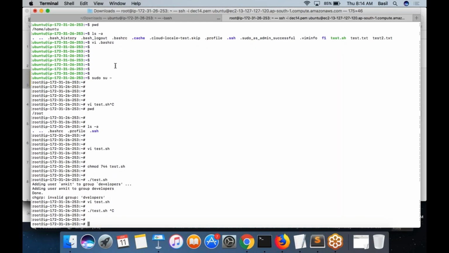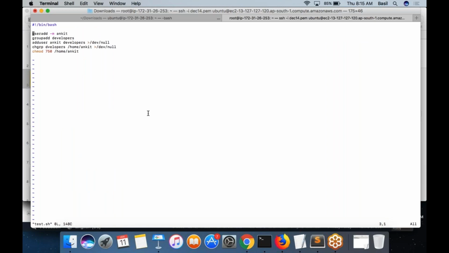So now we will take a look at what all you can do in a shell script. Maybe sometimes you would want to execute this script on some 100 machines. Basically you want the user to be created, the group to be created, the user to be added to the respective groups, a set of actions that you want to do on 100 machines. What you can do is simply copy this script onto all 100 machines and execute it. When we learn advanced topics, we will see how you can even automate running the script on multiple machines. That we will learn when we start with DevOps. But yeah,